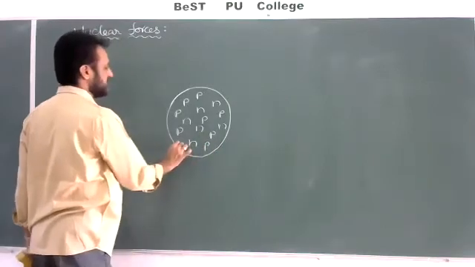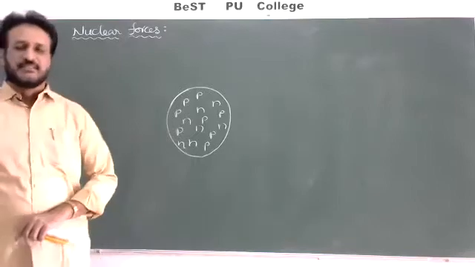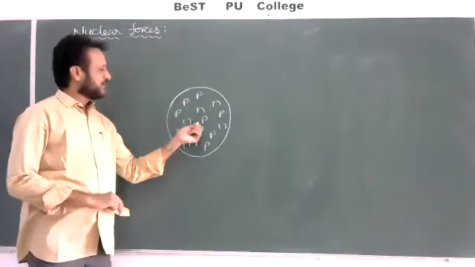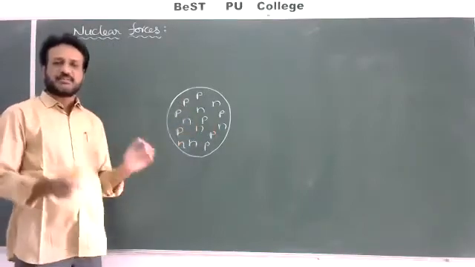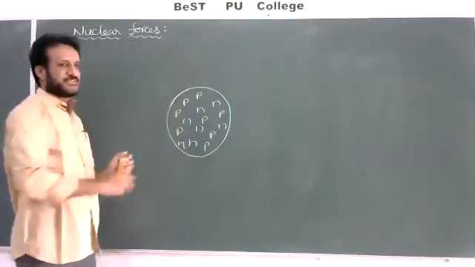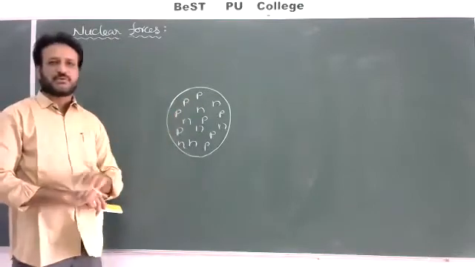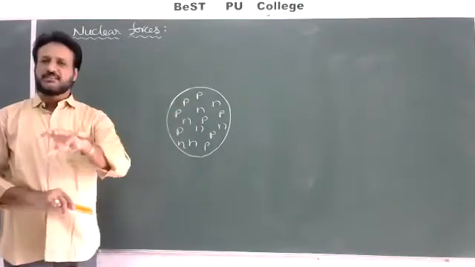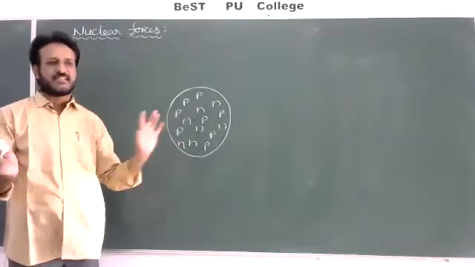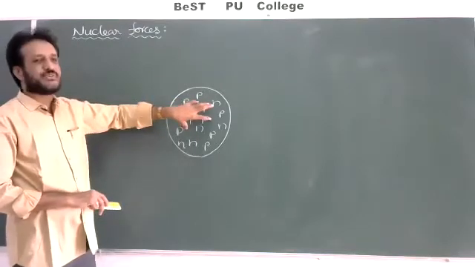But if you consider why the protons and neutrons are inside the nucleus, there must be some attraction, correct? Whenever proton-neutron, proton-proton or neutron-neutron are attracted, automatically they must stay inside the nucleus, and they will not come outside. If no attraction were there, they could not stay inside the nucleus, they would come outside, and automatically the total structure would collapse. There would be no nucleus and no atom. But why are the protons and neutrons inside the nucleus?